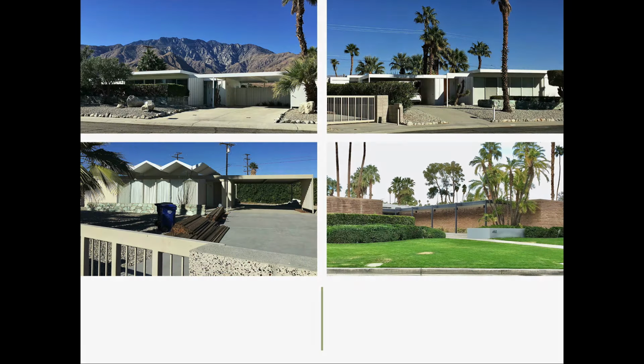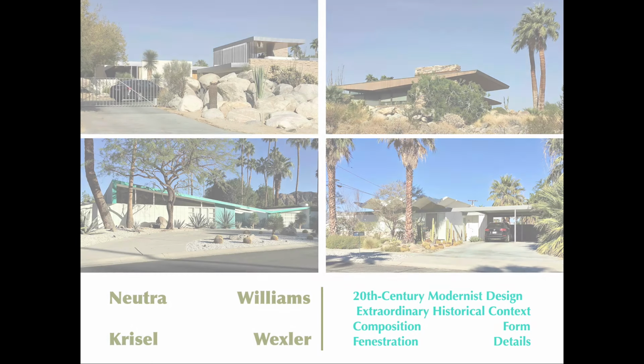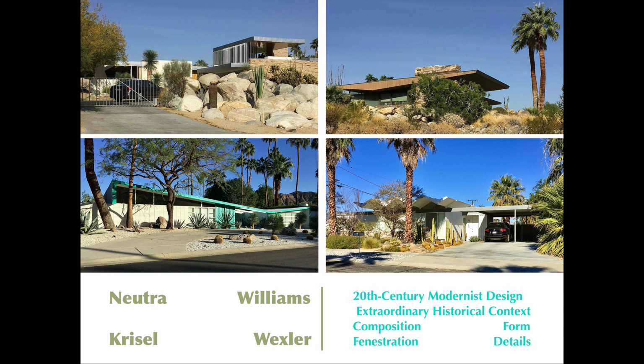So today, what I've shown you here is a sampling of 4 different houses and 4 different developments, kind of giving you a way to think of architecture in context of what expresses architecture. It's historical context. What we're talking about today is all mid-century modern design. And what's interesting about this is that the term mid-century modern is not something that entered the lexicon until the